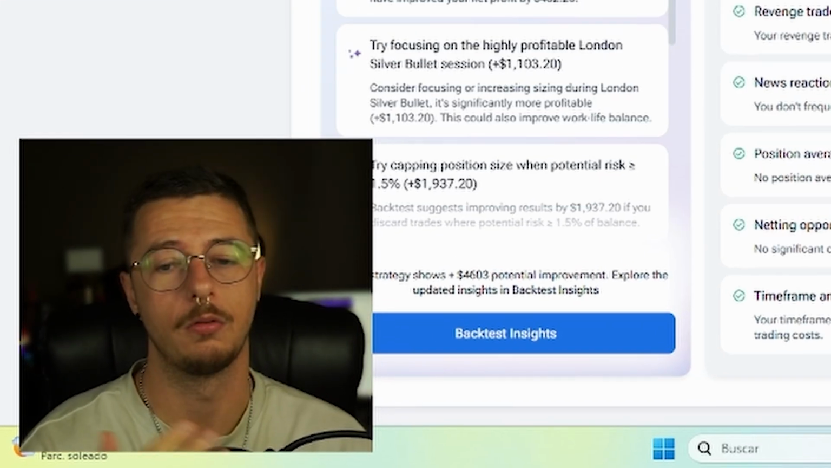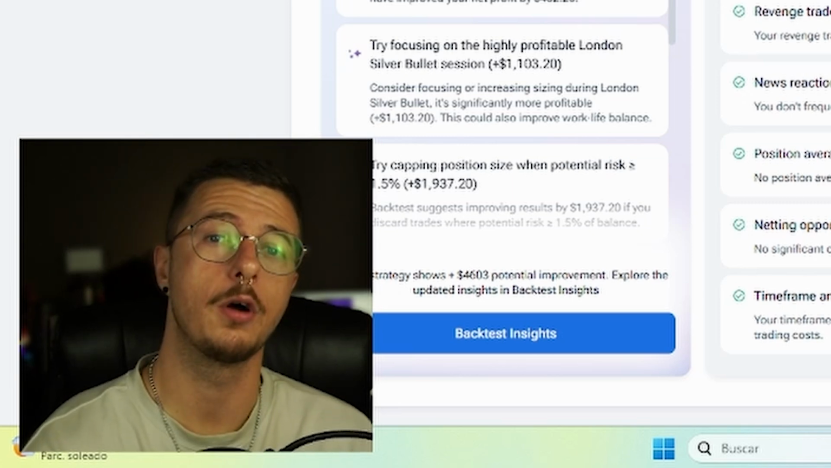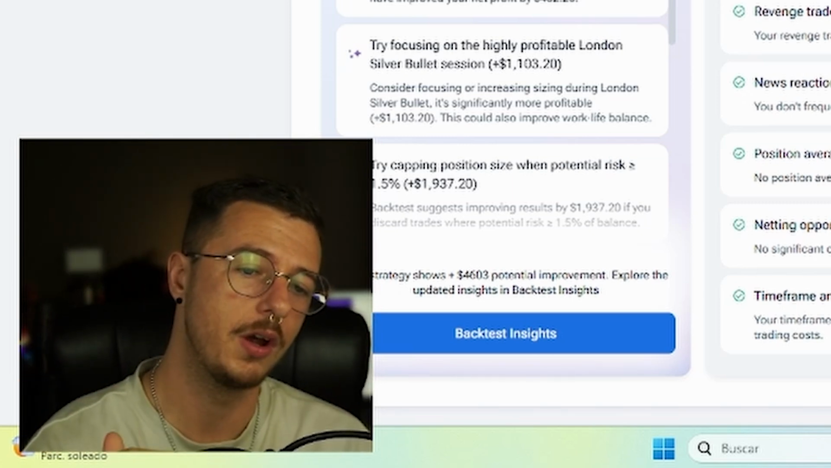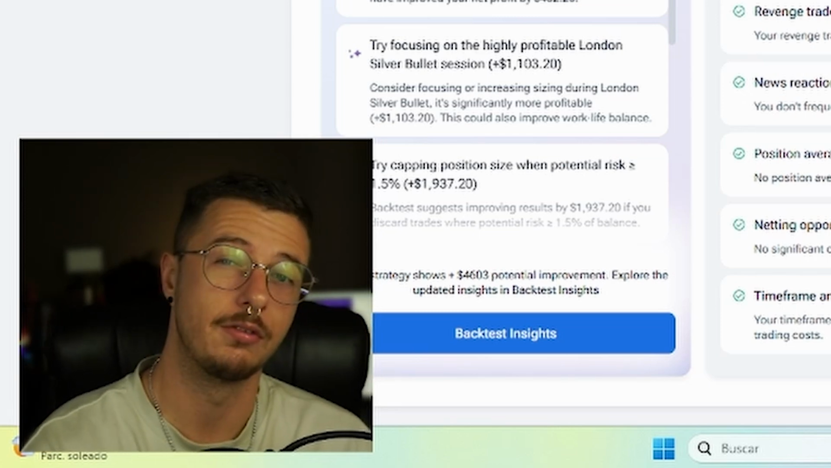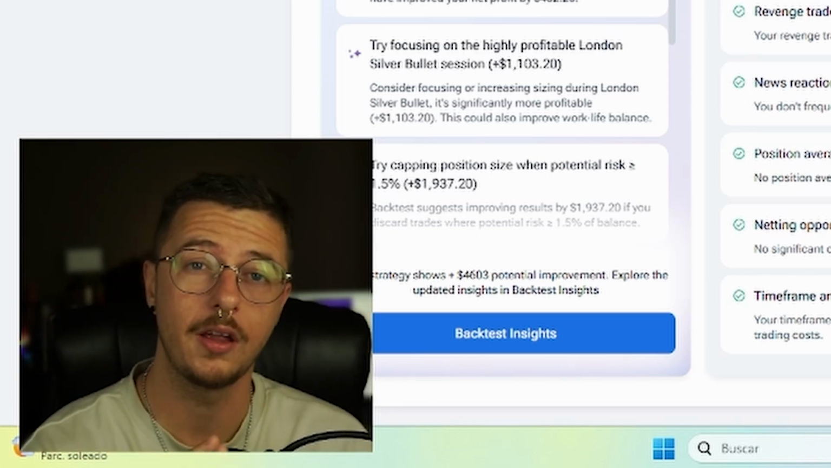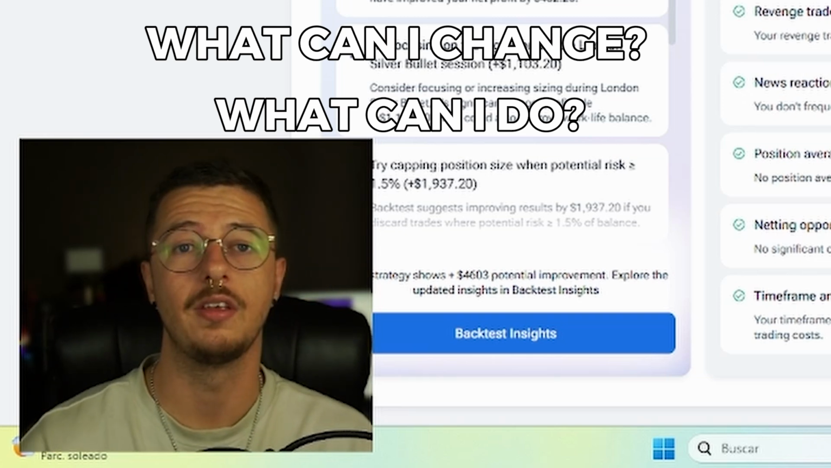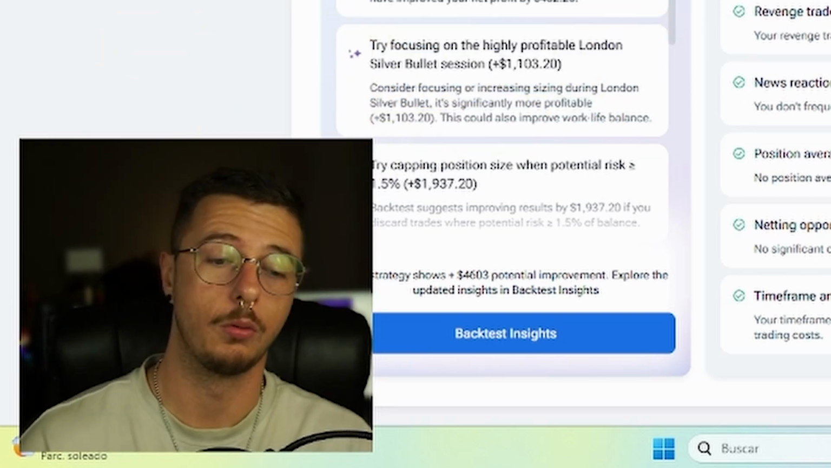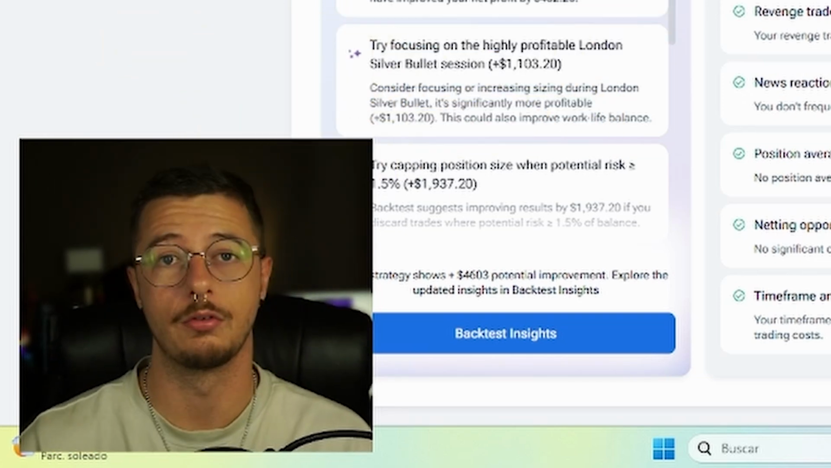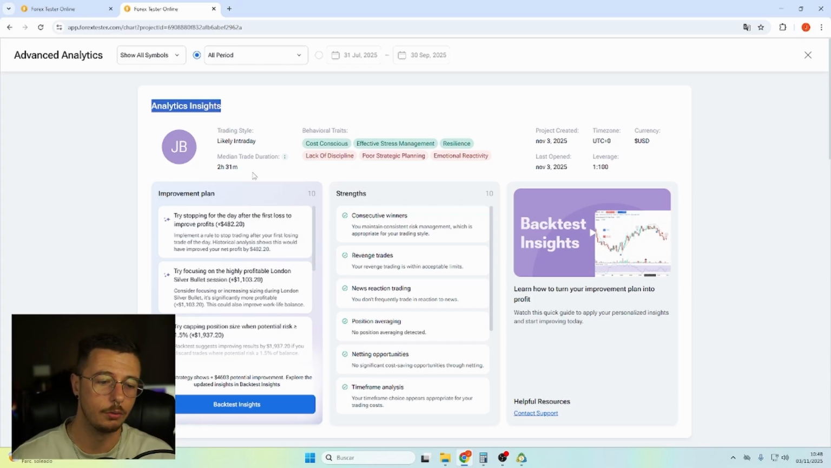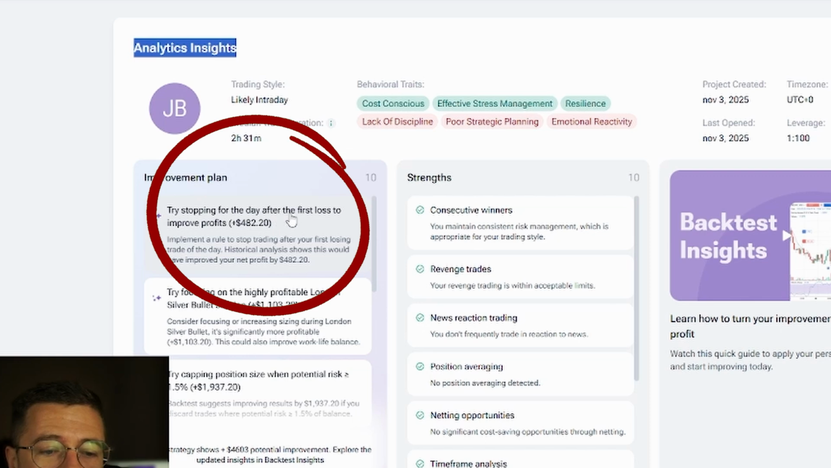Obviously we always must be careful not to over optimize our strategy, because otherwise it won't work in the future. But it's always great to just say, hey, I've been trading for 3 months, the results aren't what I expected, what can I change to see if this backtest would go well. In this case, this was a forward test of a strategy that I was testing, and here it's going to give me some recommendations of what I can do, like try stopping for the day after the first loss